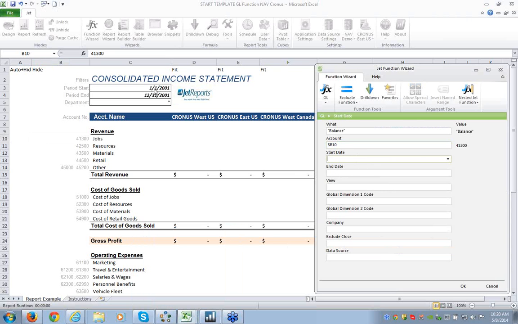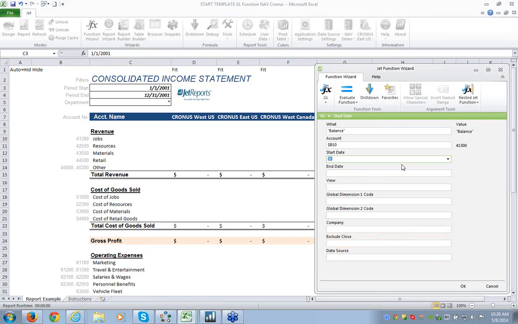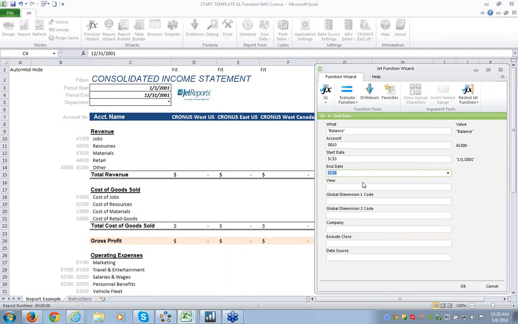The start and end date, same thing. I'm just going to cell reference. End date. And then I'm just going to leave